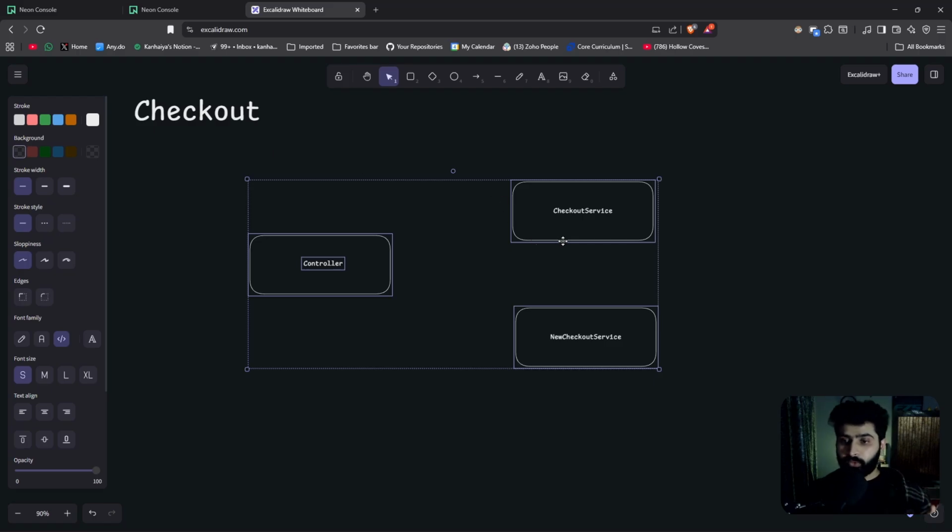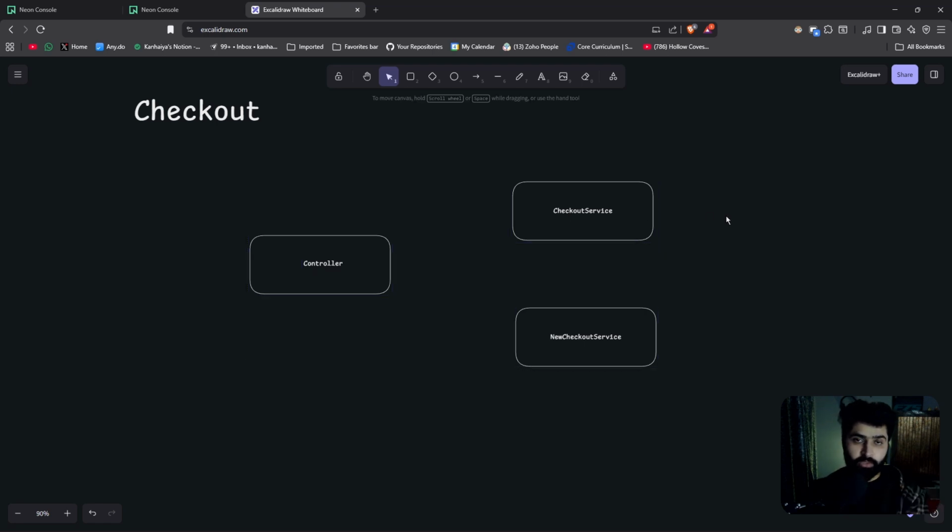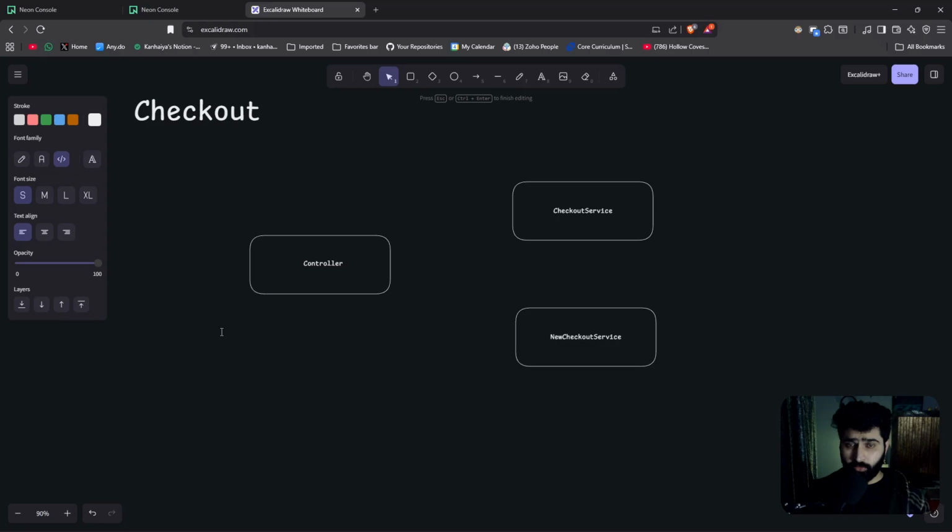So there was already a checkout service, but now you have introduced a new feature, which is the new checkout service. How will you ship this feature? Very first, what you will do, you will simply in your code base,